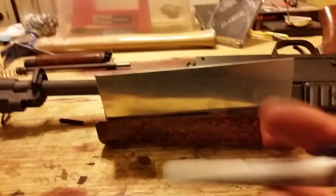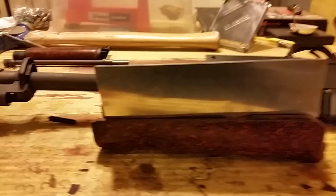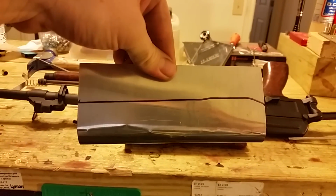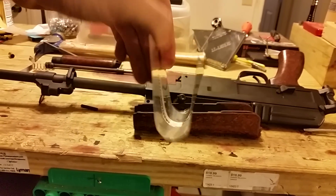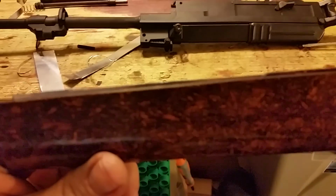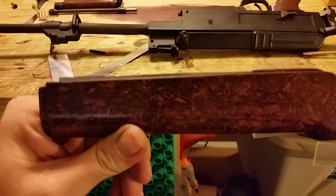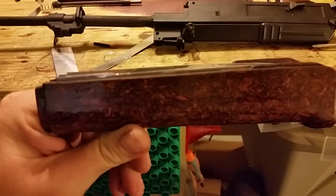And then the excess, you'll take a Sharpie and you'll just draw a line on both sides. Alright, so you got a line on both sides now. You just take your tin snips and cut it. Alright, after it's cut, have a little bit extra sticking up at the top, so you pull it out and you'll just do the